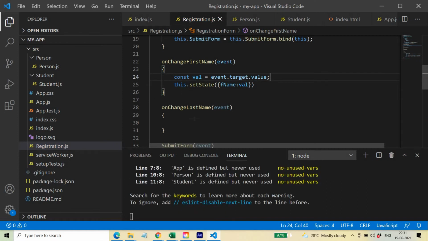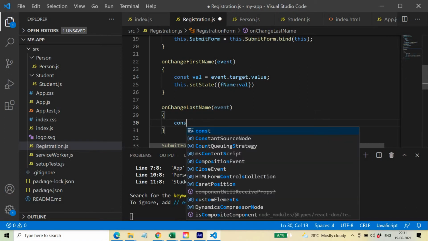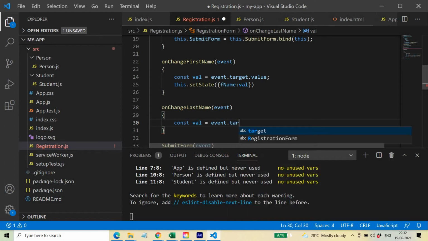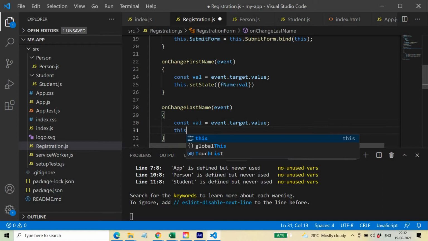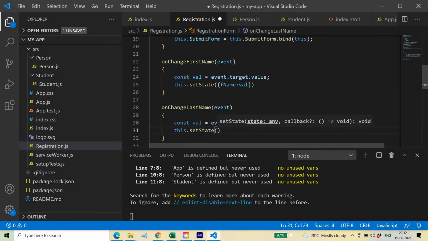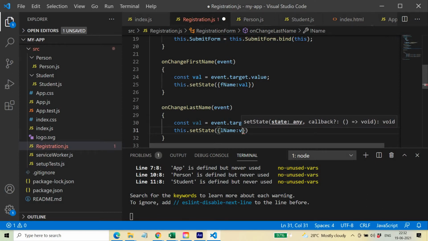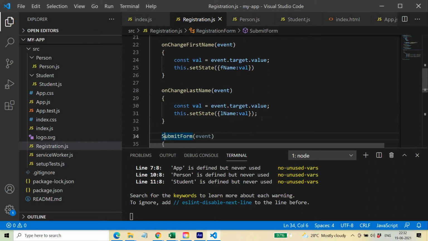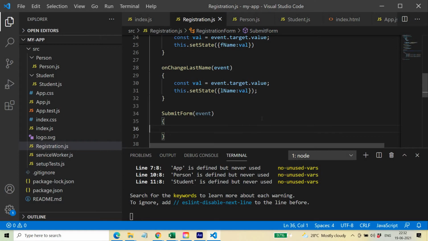Similarly, for the last name, I need to write the same thing. Const val is equal to event.target.value, and then this.setState, lName and val. Okay,